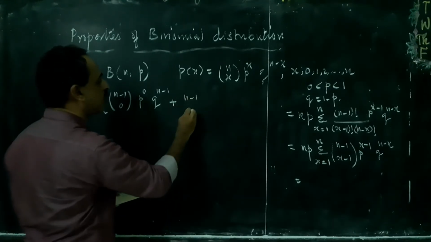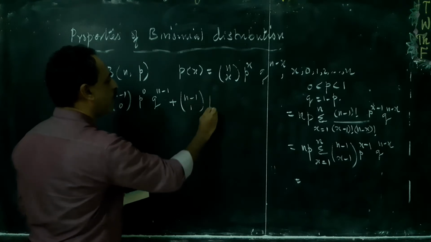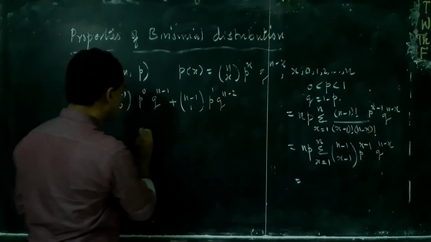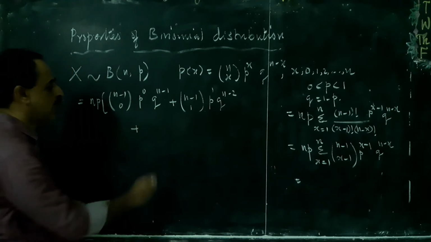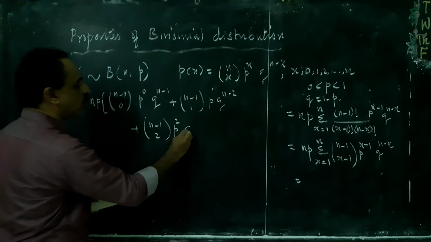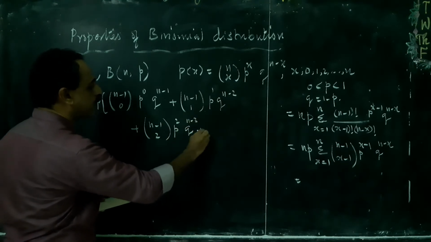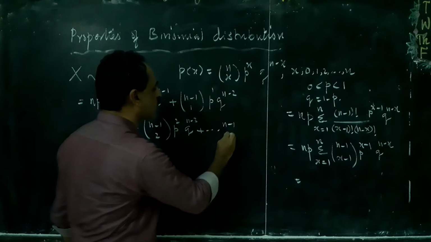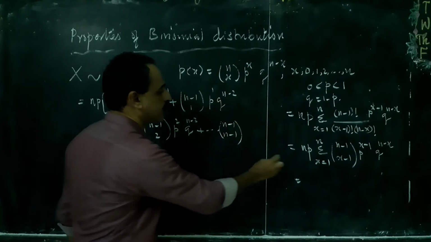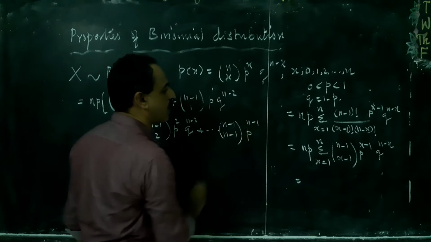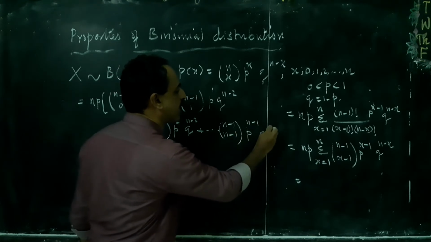Next is x equal to 2, then it is (n minus 1)C1, now p raised to 1, q raised to n minus 2. Now, the third is x equal to 3, it is (n minus 1)C2, now p square q raised to n minus 3, etc. Finally, when x becomes n, it is (n minus 1)C(n minus 1). That is, here x equal to n, p raised to n minus 1 and q raised to n minus n,